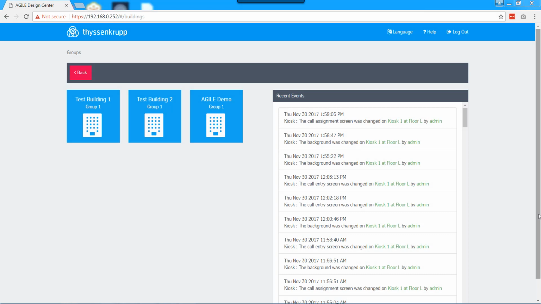Paul Harrison, and I'm going to walk us through a demonstration of Agile's Design Center. This application is a web-based application that gives you, the customer, the ability to make changes to the kiosk on your building and quickly change and alter their design and update certain settings and activate different features that are available on your kiosk. And it really puts the control in your hands to quickly make these changes and publish them